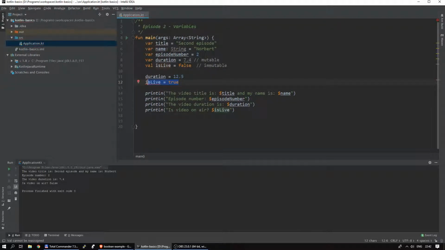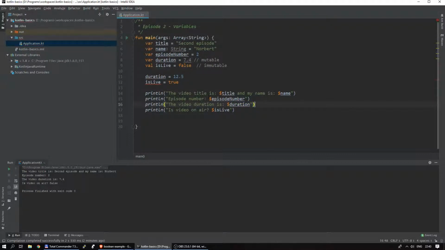If you want to change it, you need to explicitly say that this can be changed. So when you're defining your variables, you need to make sure that you're using the correct keyword. And of course, that's why there is an indication here that Kotlin tries to show you that you shouldn't use vars,